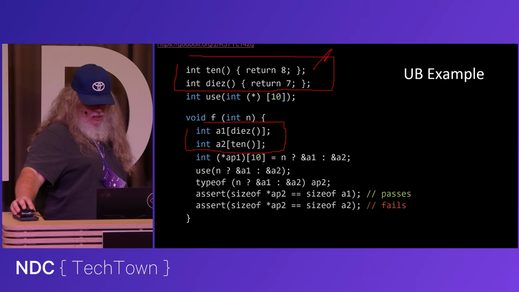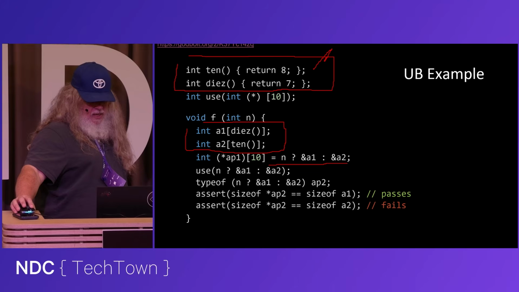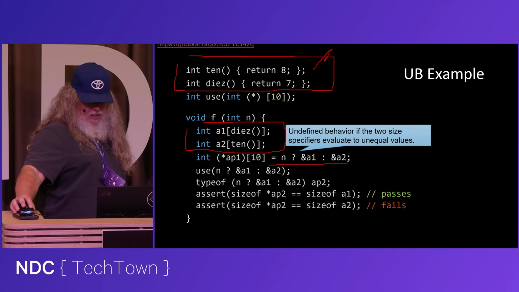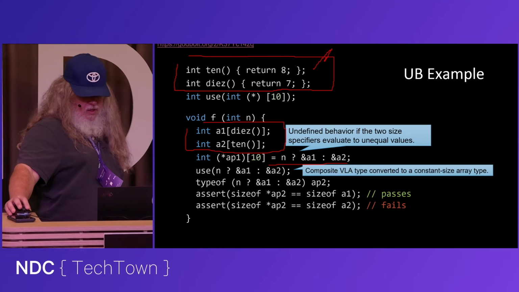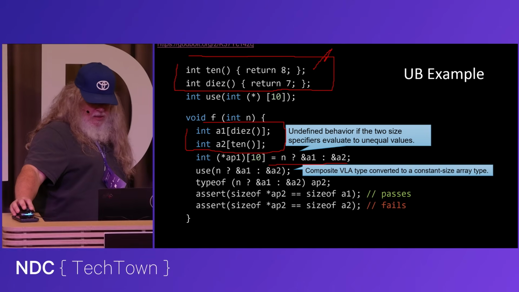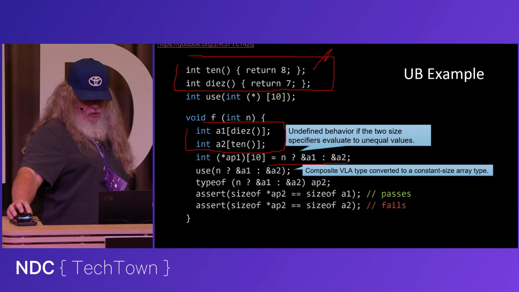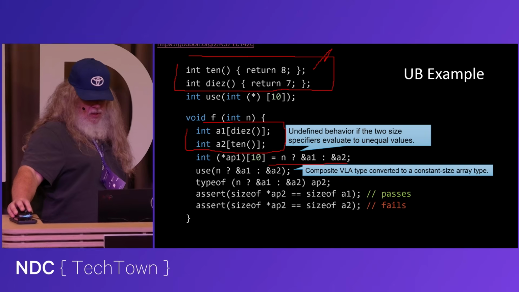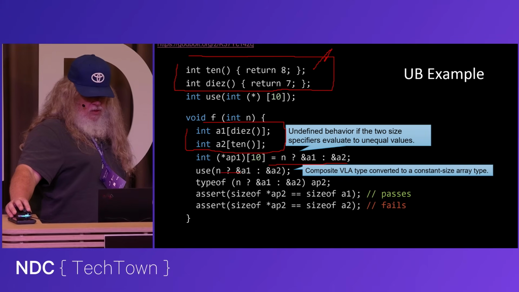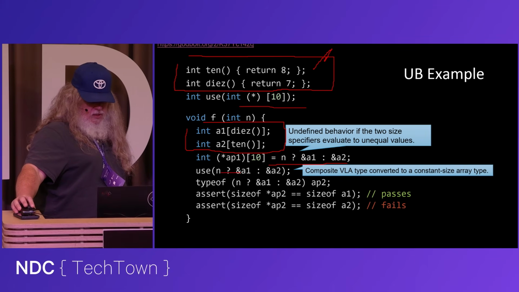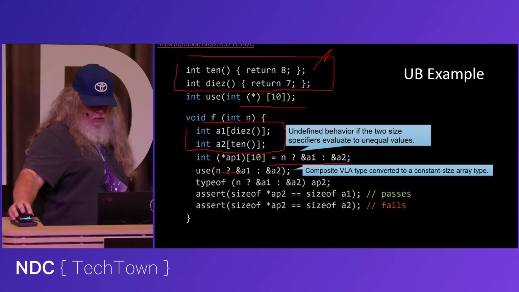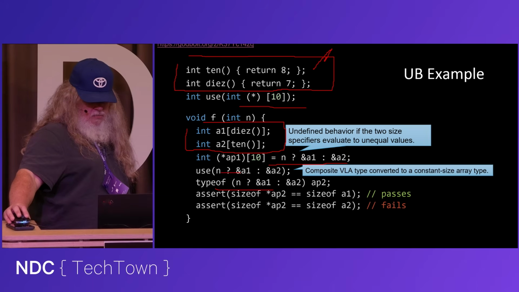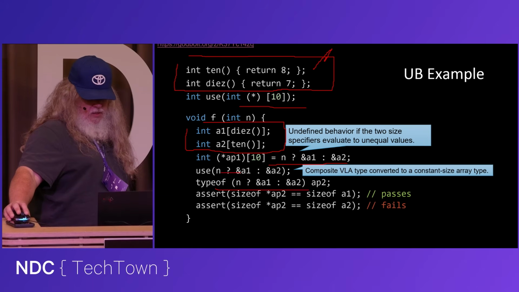But here, we're again statically assigning it. So we will have UB if the two specifiers evaluate to unequal sizes, but that cannot be detected at compile time. So again, we'll form a composite VLA type, convert it to a constant sized array type. This will get converted to a pointer to 10 elements to use in this function. We'll again here, using the type of, do the same thing. We'll end up creating an array